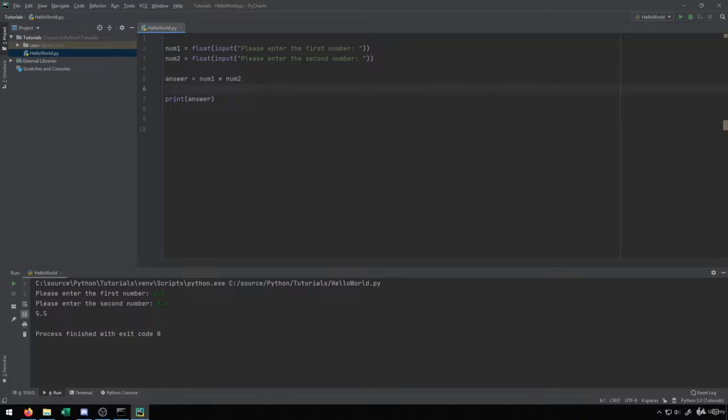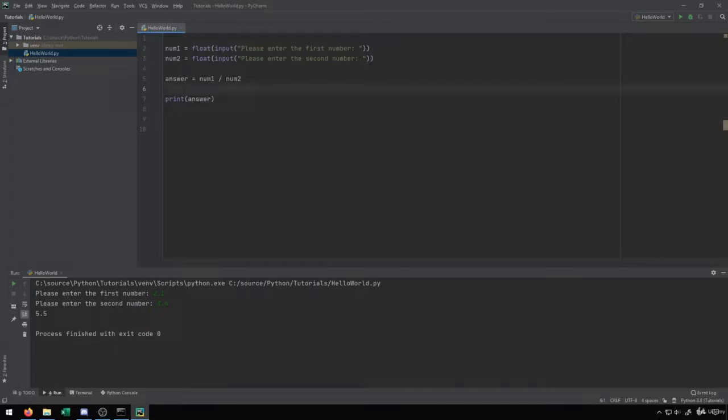So if you multiply numbers together, you're able to do that operation. You can also divide numbers. Multiply is with the asterisk, which is Shift 8 on your keyboard, and then the forward slash is for division. Now there are a few other more obscure operations that you may not be as